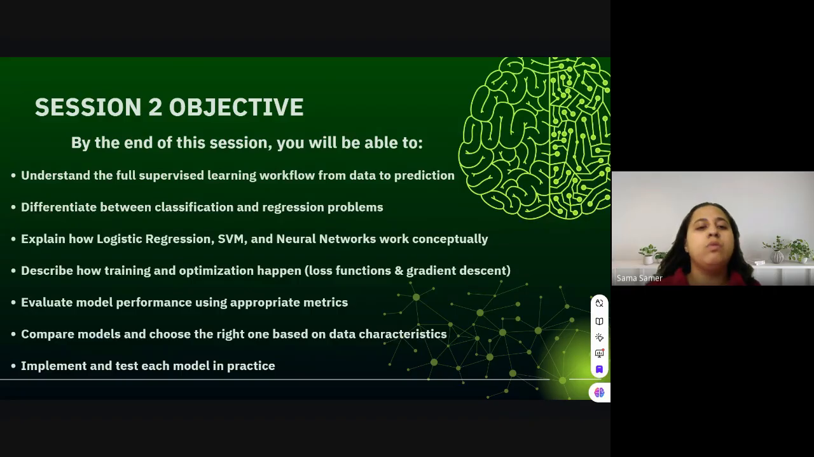Describe how training and optimization happens. So let's agree that in this description, I will explain in detail how it goes, but I won't provide a full code for it. And feel free to ask about the code at the end of the session. We will compare the models,